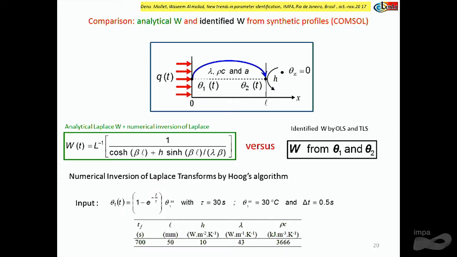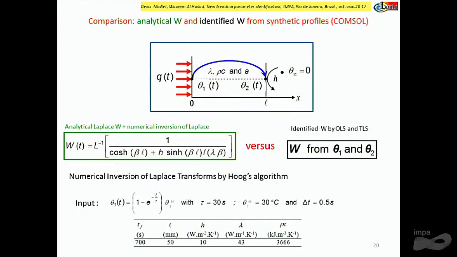So what is nice is that it's now possible to make a numerical inversion of the Laplace transform. Now you have nice software packages that do it in a good way. We use Hooke's algorithm to recover the shape. And since we have the time shape, we can now use any excitation. Now it's a temperature excitation, and we took an exponential excitation, starting from and going back to a steady state value for infinite times.